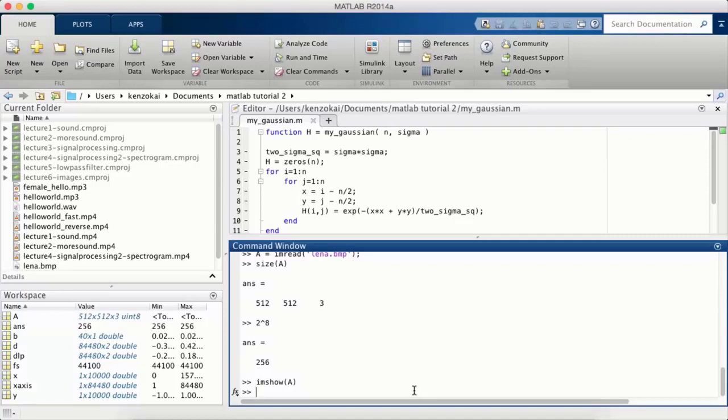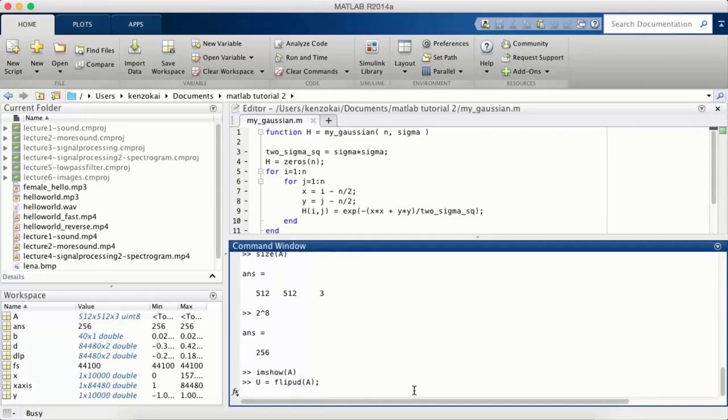Okay, so if we want to flip an image, it's going to be exactly the same as we did for sound. If you recall, sound was stored using different samples in different rows, and essentially that's what's happening with an image also, right? So the top of the image is the top of the matrix, and the bottom of the image is the bottom of the matrix. So if we do flip UD, which stands for flip up down,